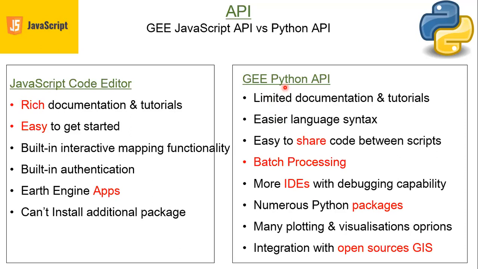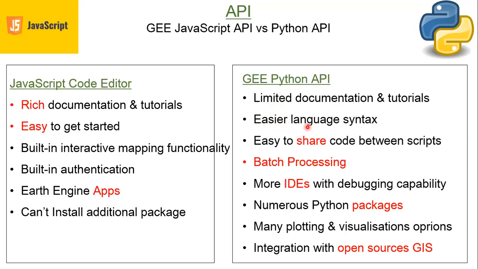On the other hand, with Python you need to install Python libraries, or you can say a Python IDE. But to overcome that, you can use Google Colab. Those who are working in Python may already know about Google Colab. With the help of Google Colab, you don't need to install anything, any library. So this can be overcome with the help of Google Colab.